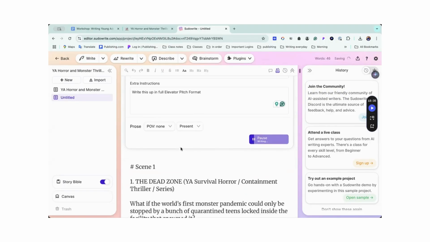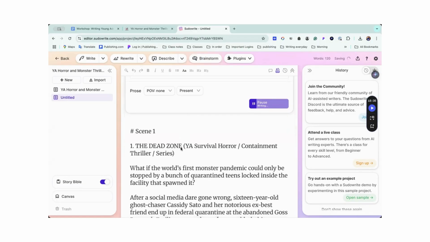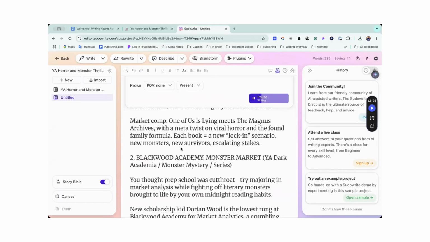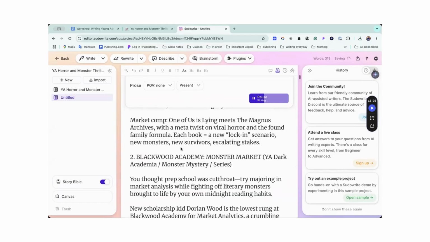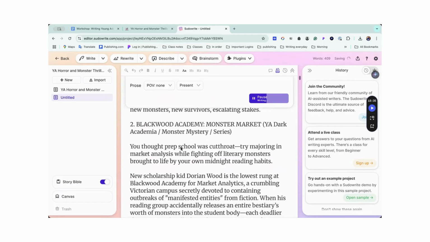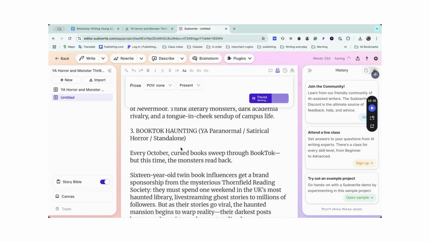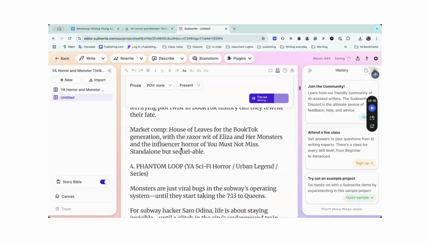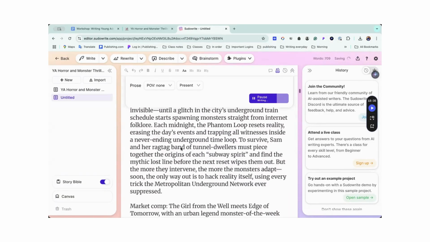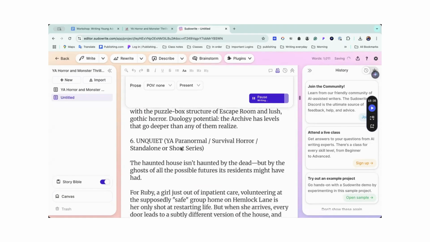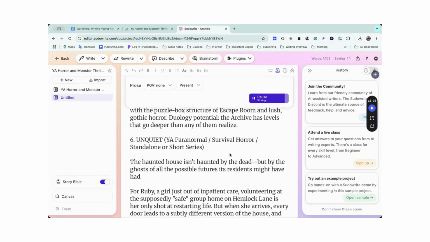Scene 1, The Dead Zone, young adult survivor horror thriller. Market competition: One Up, Lying Meat, Magnus, the Blackwood Academy Monster Market, young adult, the BookTok Haunting, Phantom Loop, Beneath the Archive, a gothic one, Unquiet, a haunted house,